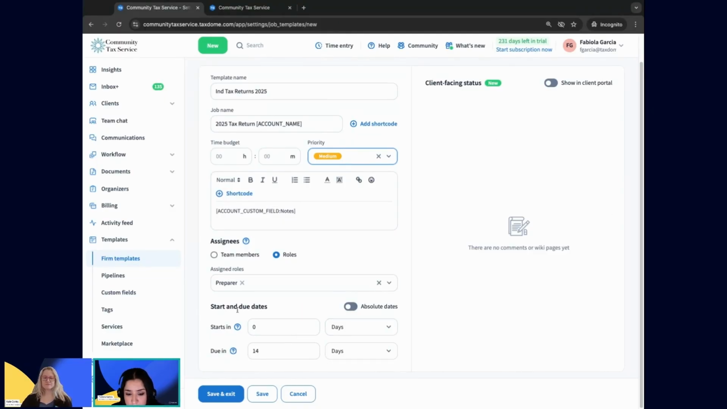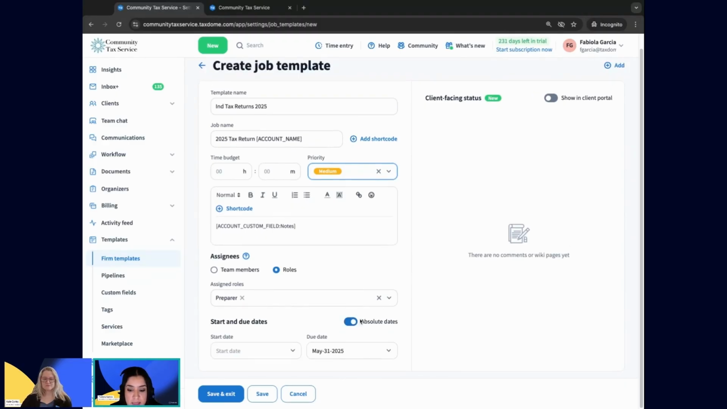So you can choose between an absolute date, like a set date, which we all know there's deadlines out there, right? So you can use sets like the September 15th deadline. And this template can be called the September job template, right? And that way you know that this has a specific due date. Now on the right hand side here,